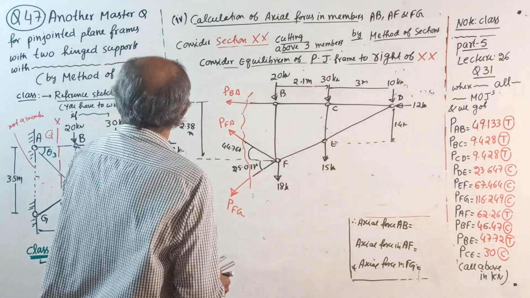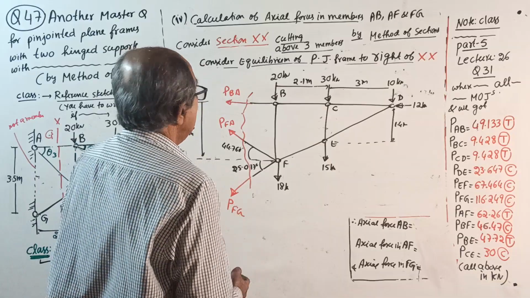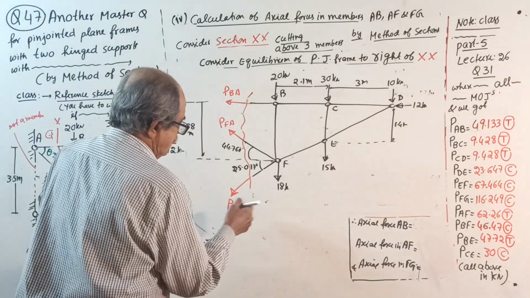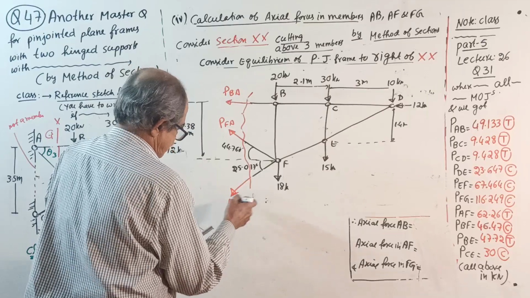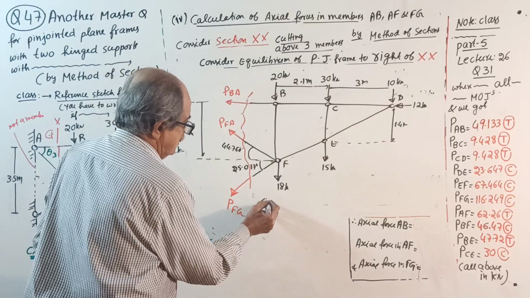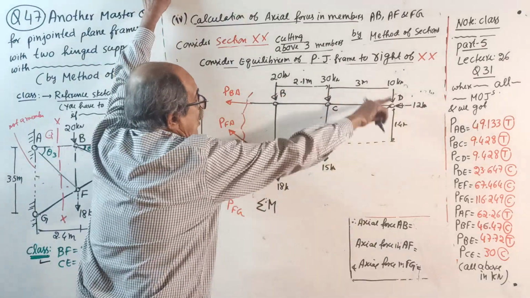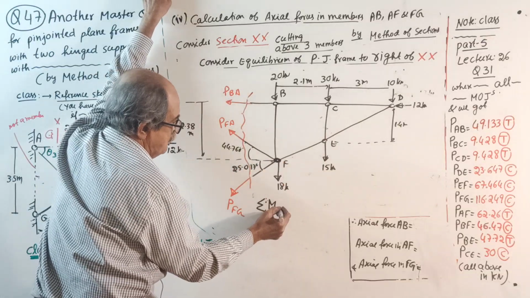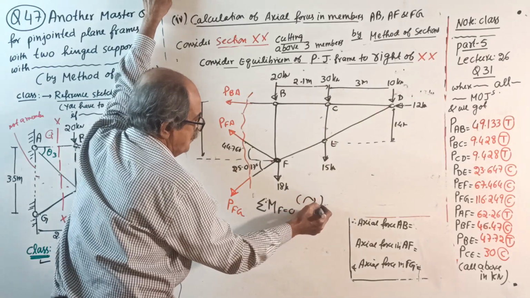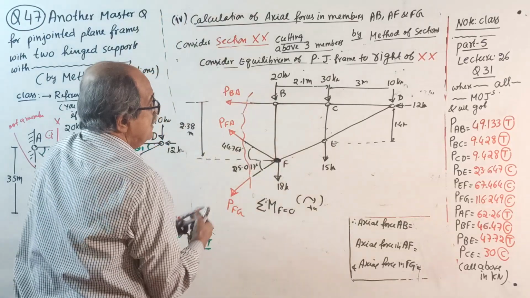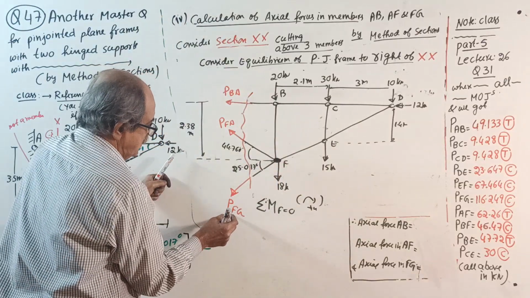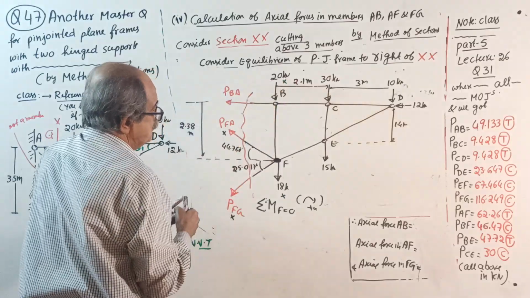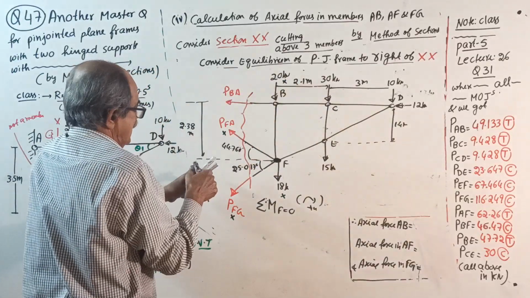Now, see, one minute. I'll first write here. So sigma M about, no chance to be taken. Before rubbing out, sigma M about. Among all these three unknowns, two unknowns are meeting here, at F. Take moment about F equal to 0, clockwise positive. If you take moment about F, this into 0, this into 0, this also into 0, even this also into 0. So start: minus P_BA